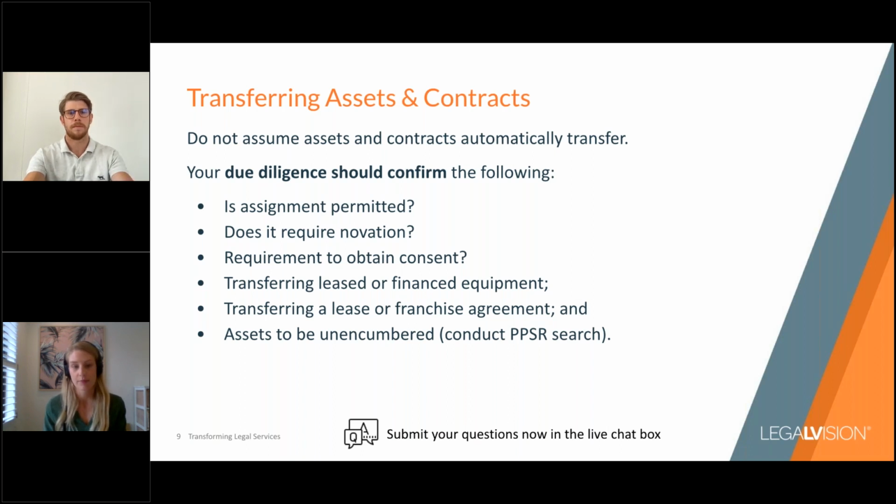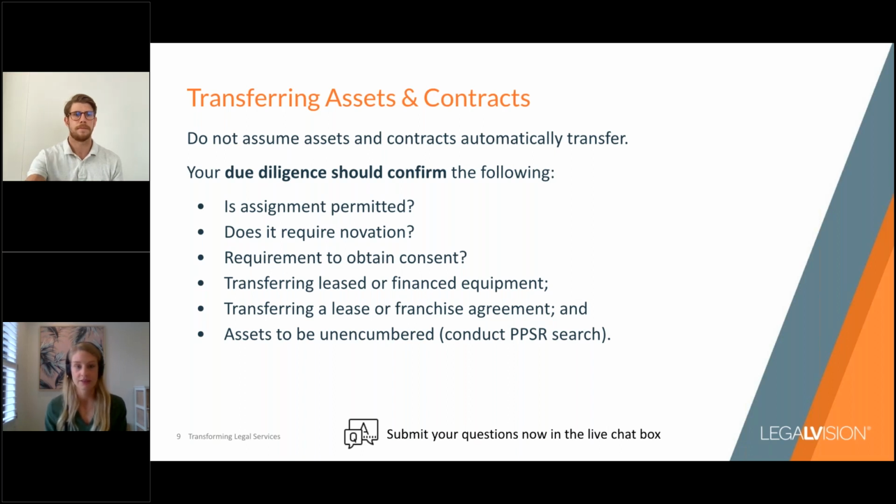So if you've got any leased or financed equipment, how those assets will transfer across will be a little bit more complicated because you will have to either pay out the financing on that equipment before it can be transferred, or get the consent of the lessor of the equipment to transfer it alongside the rental payments that will be continuing. Same with the lease, or if the business is a franchise. If there's a lease in the property, you always have to get landlord consent to assign. You can't just transfer that without that. And the same with the franchise. So you'll have to reach out to the franchisor, say you're buying the business, negotiate with them, getting that franchise agreement transferred across to you.